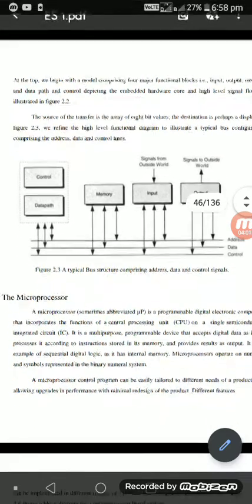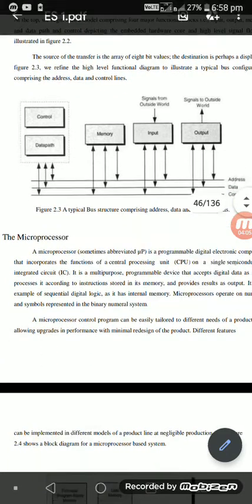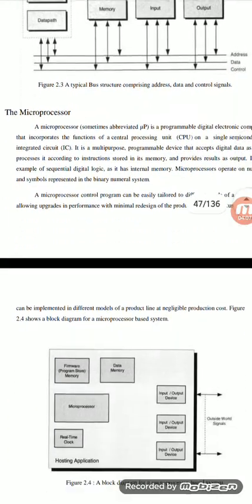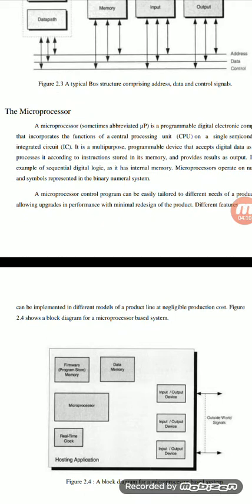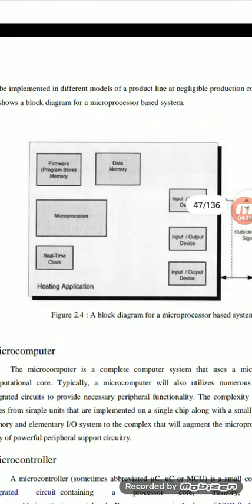There are address, data and control. These address and data buses are handled by microprocessors and microcontrollers. So this is a block diagram of the microprocessor. We have already discussed the CPU, that is, the architecture of microcontrollers or embedded systems. The same block diagram is interfaced to microcontrollers and microprocessors. So see, this is the microprocessor block diagram.